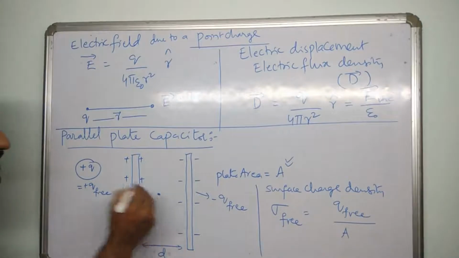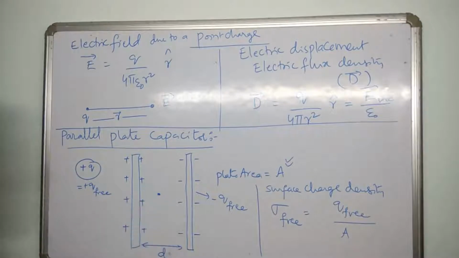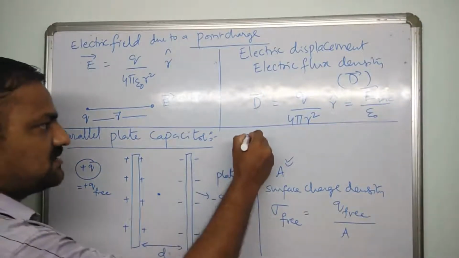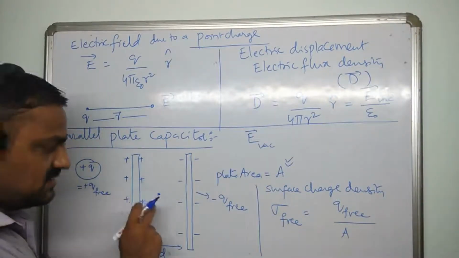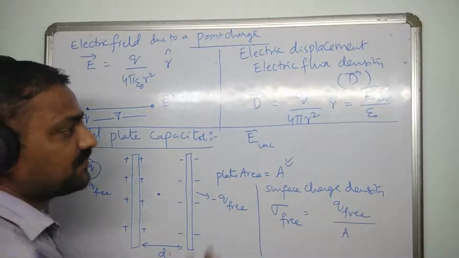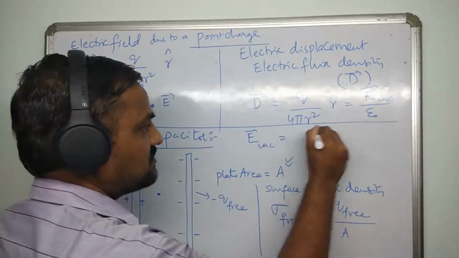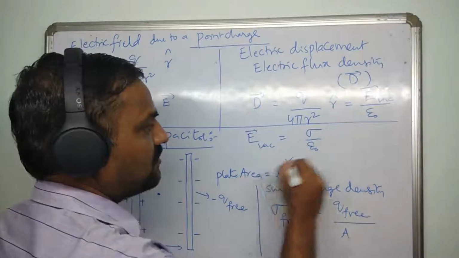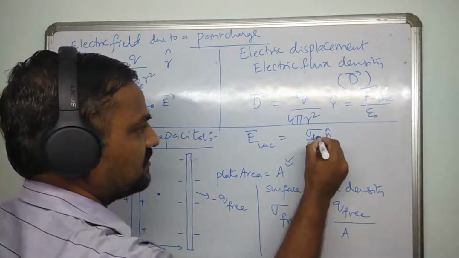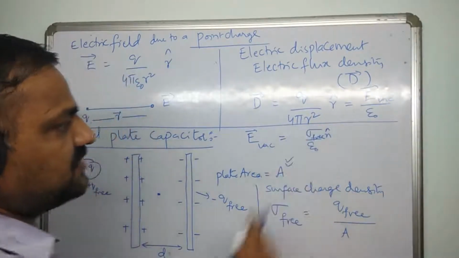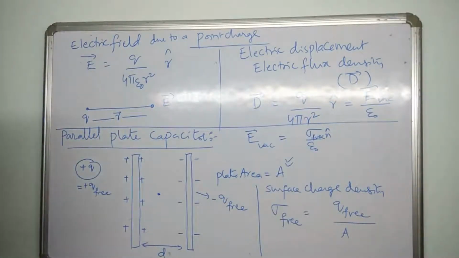So the electric field in the middle, anywhere, it need not be exactly the midpoint, it can be here or there anywhere. The electric field E, of course I denote it as E vacuum because there is no medium in the middle, it's an empty space, there is no dielectric. So E vacuum is defined as sigma free divided by epsilon naught into n cap, which we will derive using the Gauss law in electrostatics, which I will do in a moment.